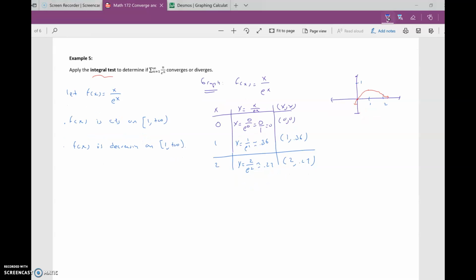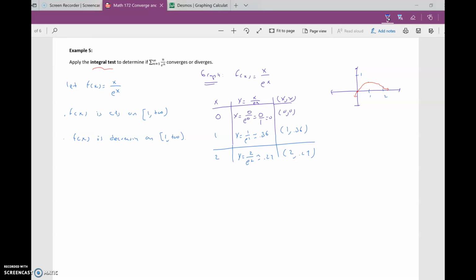Okay, so now that we checked that all the premises are good for the integral test, let's actually evaluate it. The integral test here is actually going to be equivalent to the following. We're going to be evaluating the integral from 1 to infinity of technically f of x dx, which is going to be equivalent to the integral from 1 to infinity of x over e to the x dx,